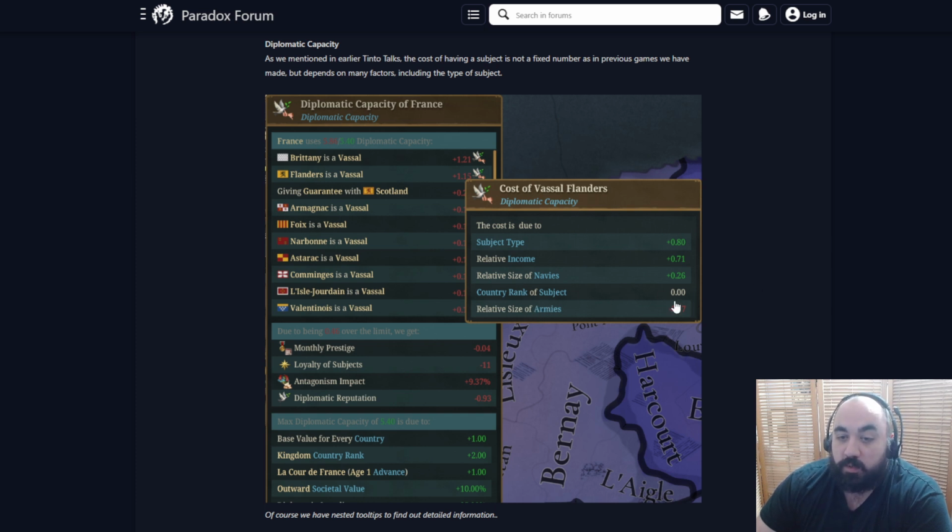Country rank of subject we see is not a factor, and relative size of armies we see that, hey, it looks like Flanders is maybe a little large relative to their overlord, or very small relative to their overlord, and so this is decreasing the cost of this, right? So we see pluses in the green, and maybe we're a little bit confused as to which one is which, but we also see France uses over its cap of 5.4 diplomatic capacity, and it is paying the most for Brittany, followed by Flanders, is giving guarantee to Scotland, and then down here it is paying 0.1, something that is cut off for